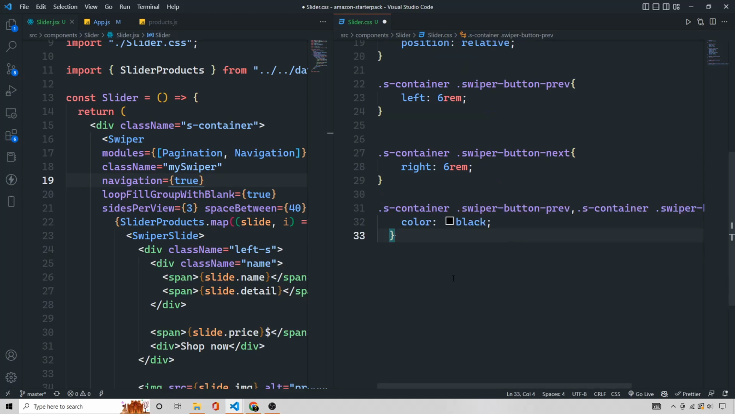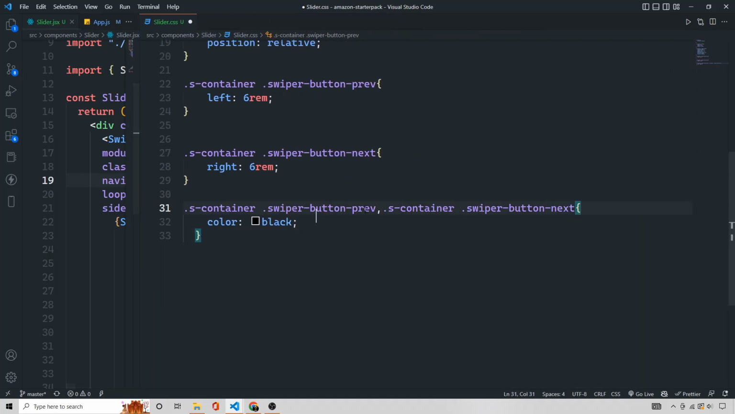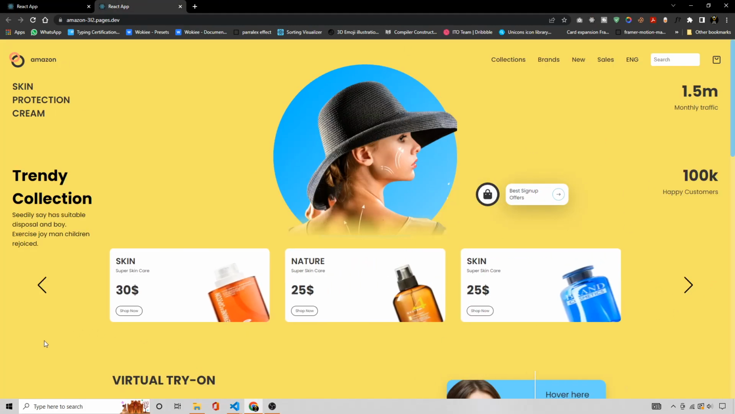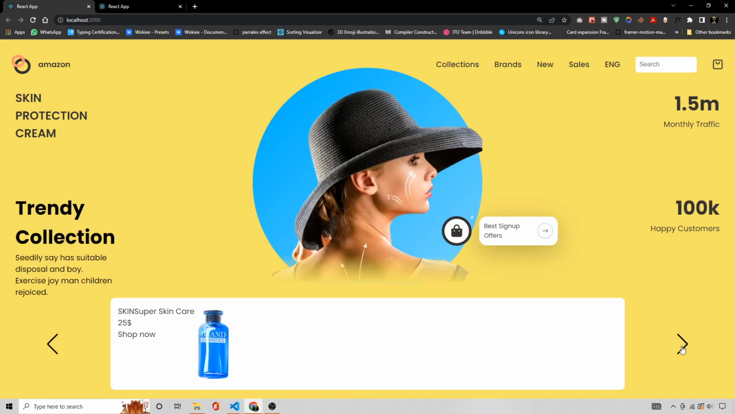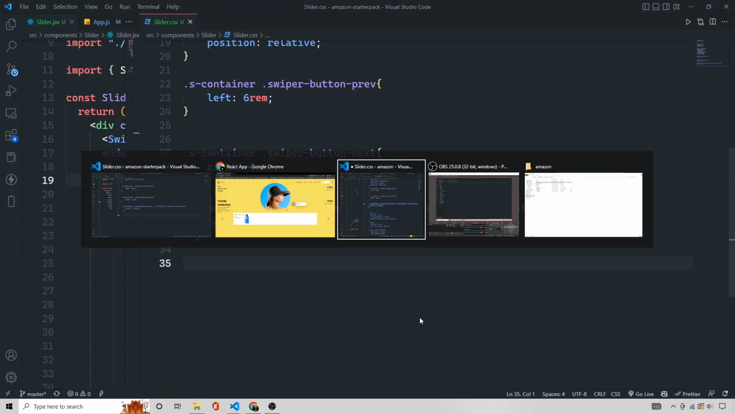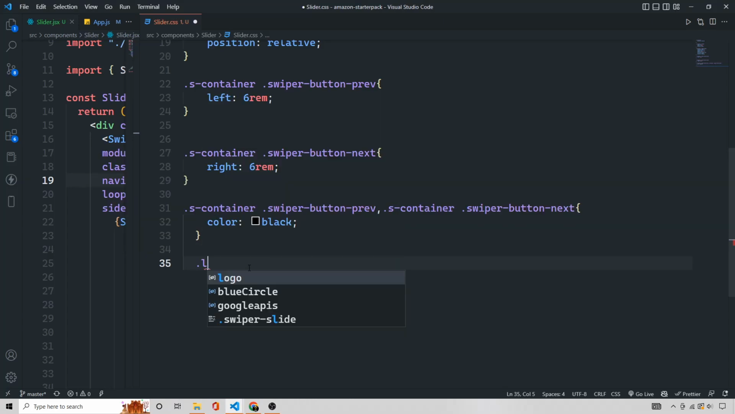So here I am going to target the previous button and the next button together, and I am giving them the color black, so our SVG will have a black color. Let's see this. Yeah, if we look at our developed version, here it is, and here it is. A lot of things should be fixed, I think. Now I have zoomed it out and it's quite similar, but the navigation is not working. By the way, we will fix this. For now, let's target the left